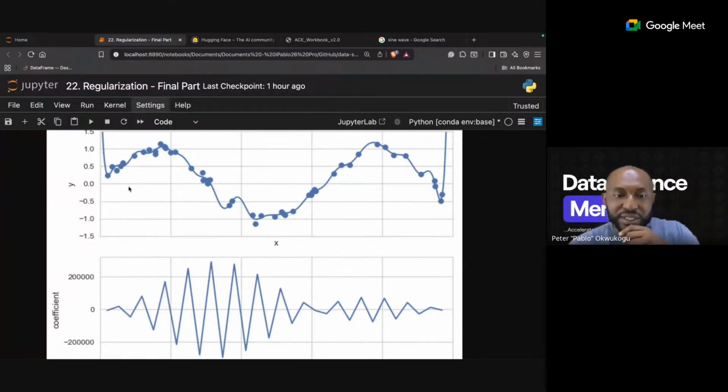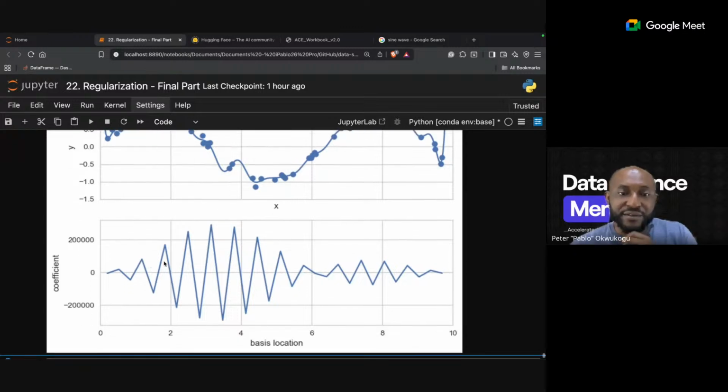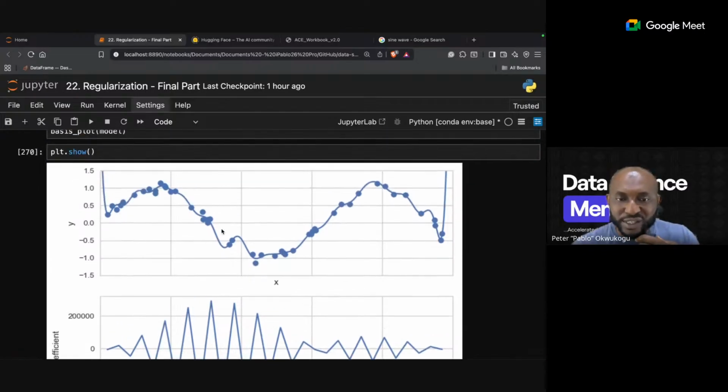I think this is important. You can see it's pretty erratic the way it's making changes to its coefficient. It started really small, then all of a sudden it's giving different coefficients as it goes. It drops down, comes down, because it's trying to make sense of all these rigors.